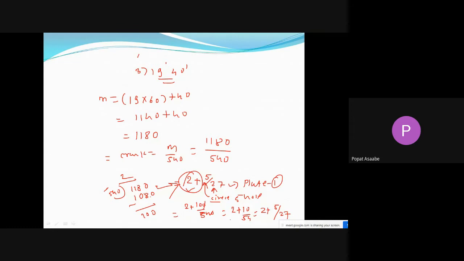Okay, so please take the last example, then we'll stop here. Last example I'm going to write here. That is angular indexing, number 4. 15 degrees 40 minutes. Okay, first convert it into minutes, that is 15 into 60 plus 40. Okay, then what is the answer for that? That is 900 plus 40. Again it will become 940.